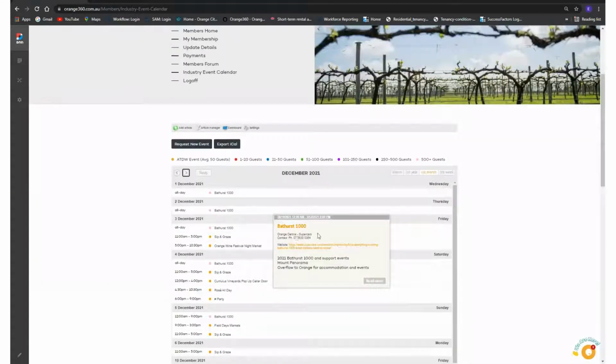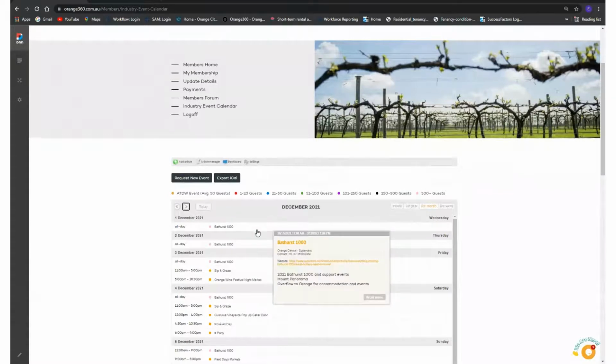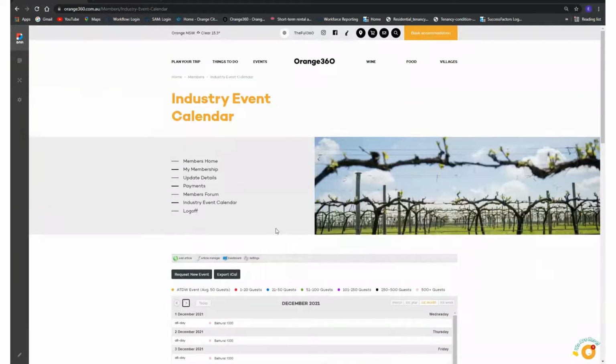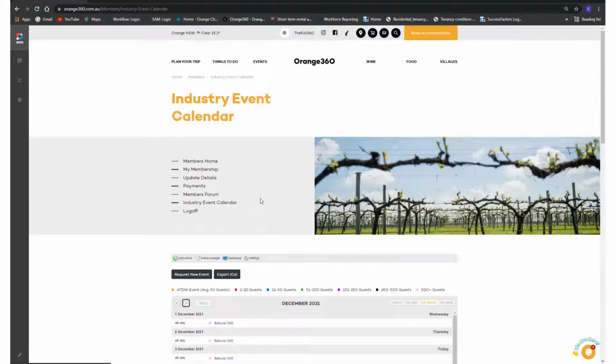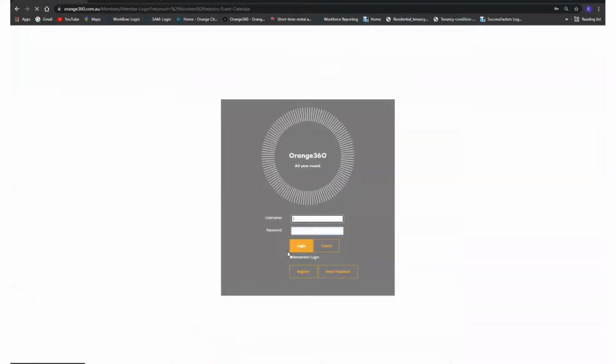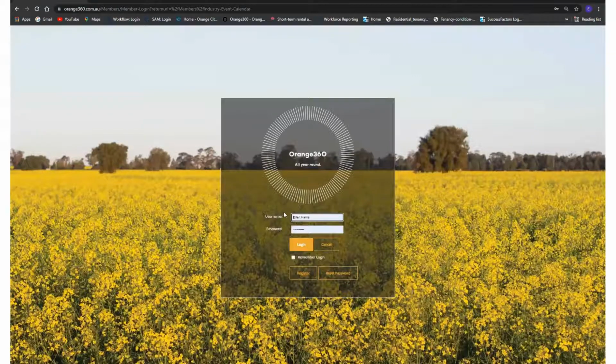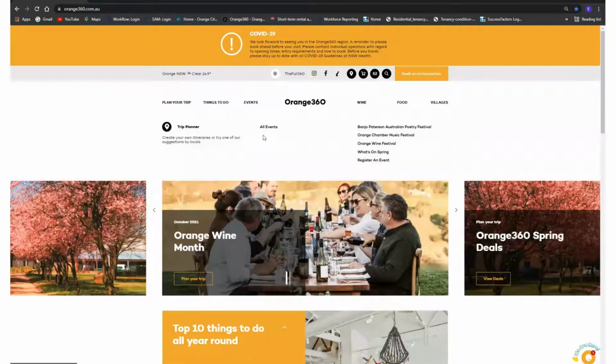So if you are an accommodation provider and you might be hosting a large wedding or a corporate event, then we want to strongly encourage all people to be able to enter their event via the front end of our website. So here, as I said, the more we know, the more services can be provided and built around that. So to register an event